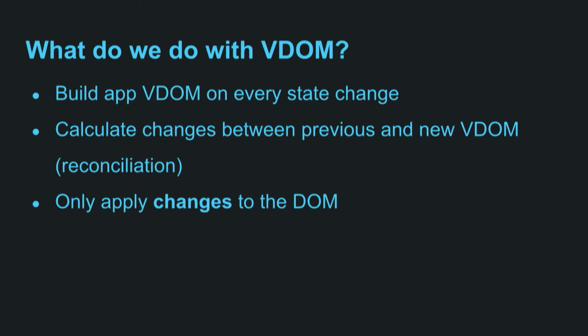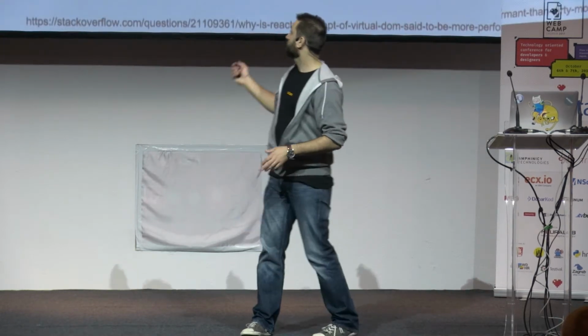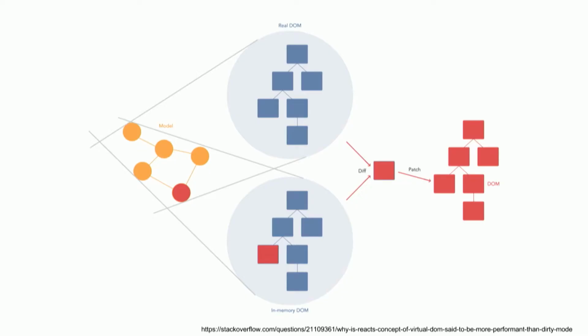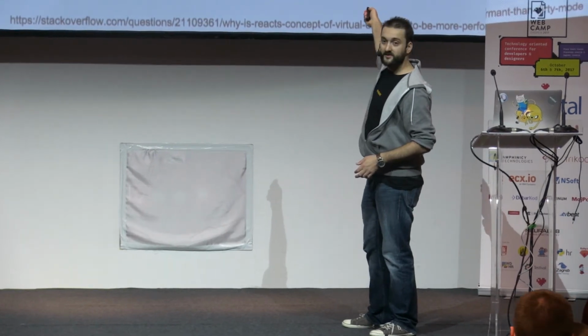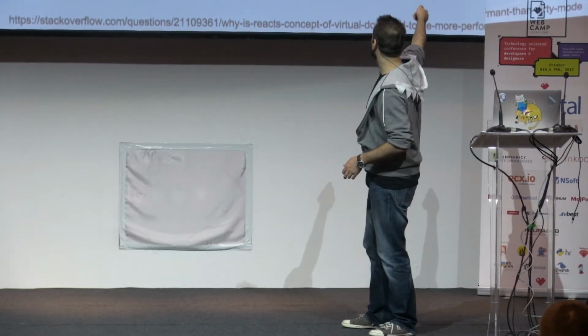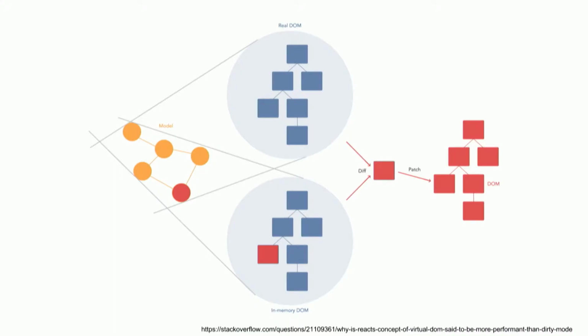Every time a state changes, we will render the whole application, but in memory. Memory is fast. We will calculate what changed between the previous state and the new state, and we'll only update what's changed. To make it simple, this is our data model. This is our current state of the tree. This is the new thing, and we saw that this changed here. This part here will tell the DOM, hey, please update. And nothing of this will be touched, which is pretty powerful.